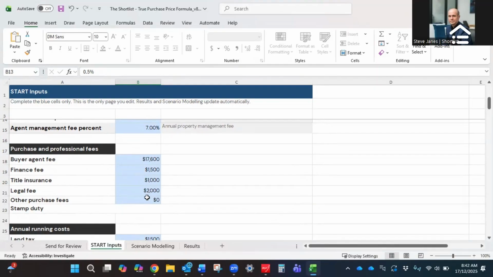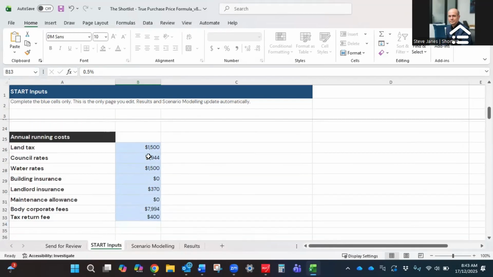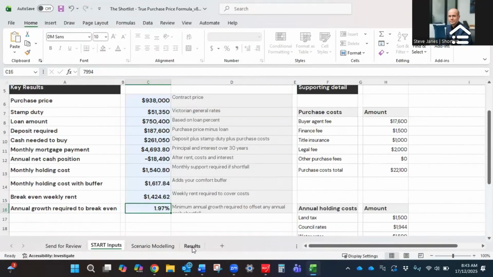All right, but go line by line, make sure you've got all of your inserts, all of the calculations in there. And land tax, these are all actuals for this property. Building insurance, landlord insurance, maintenance allowance, OCs, everything. So crucial. Now, I'm not going to go into the scenario modeling, that's for another video, but just hop over